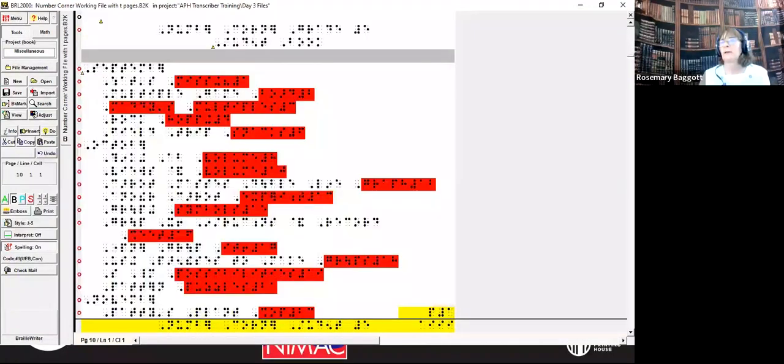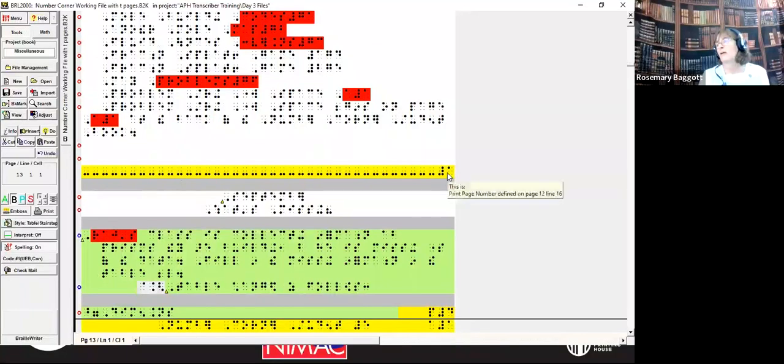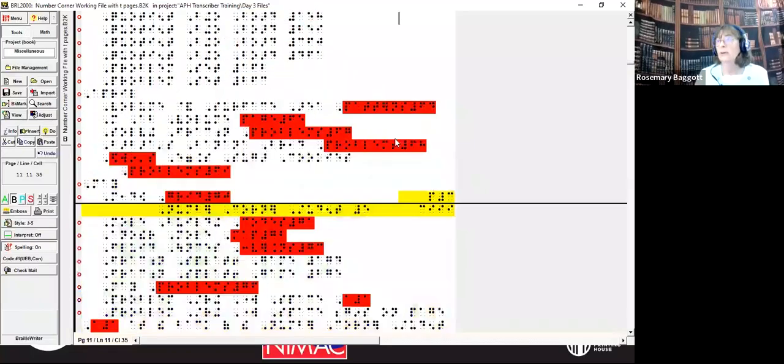I've pulled this back up. I'll have the other one. So if you notice here, I inserted this Braille page number, the print page number, sorry, for the preliminary pages. But once we get into the print, they are there. Okay. Now, they're not fail-proof. And thank you for that question, by the way, whoever asked that, because that's one thing I needed to mention. You still need to edit. You still need to proofread. For some reason, maybe it's the line break command that's in Braille 2000, which probably has about 2.5 million commands in it, I'm guessing. It is brilliant, but sometimes that does not compute, and I'll check my page numbers as I go. So you may be able to see that later.